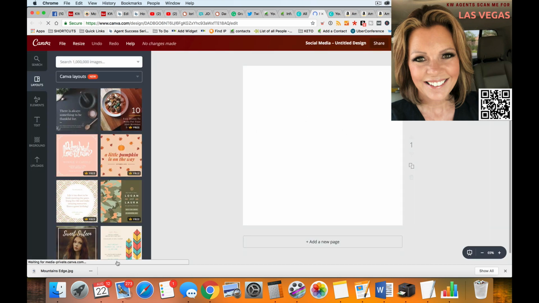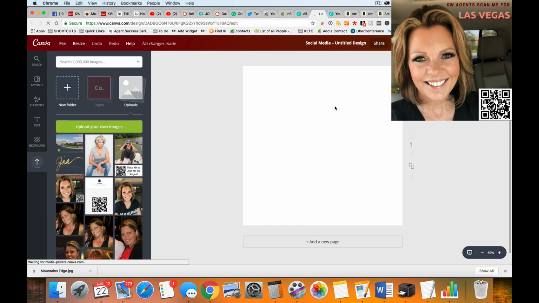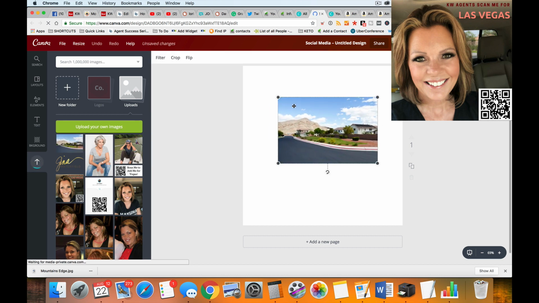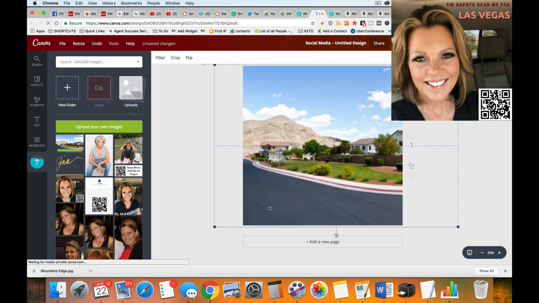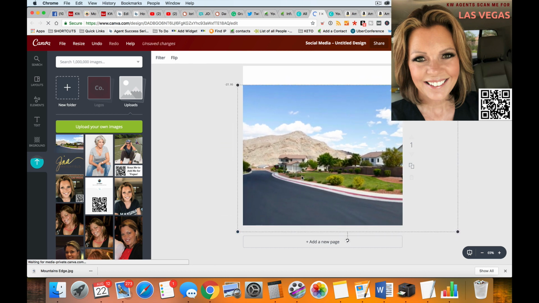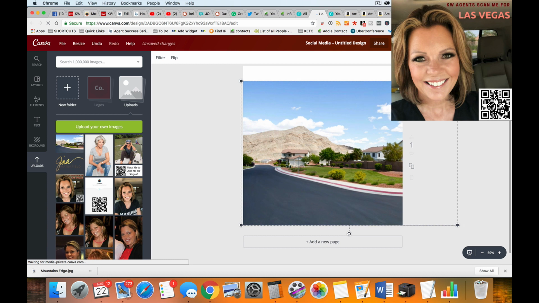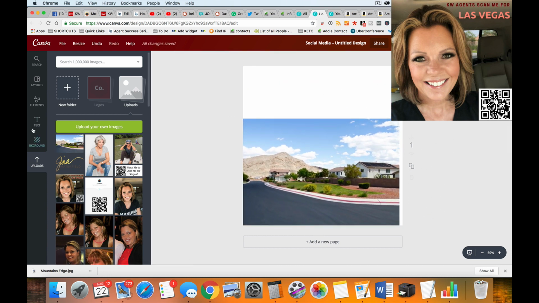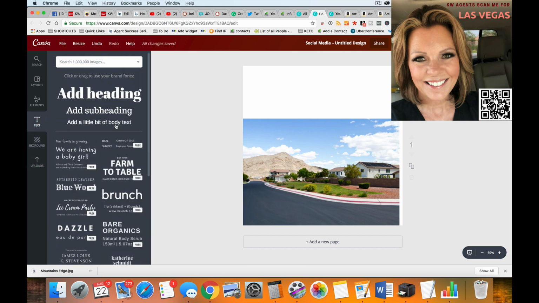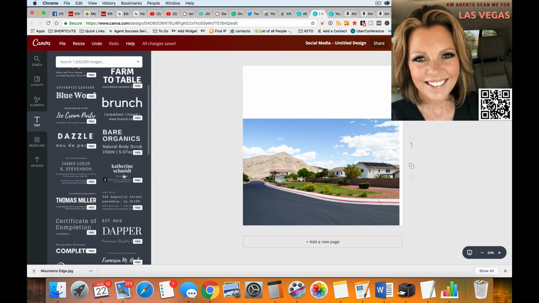All right, so I could pick something and I just drag my Mountain's Edge photo up here. I can put that in there and make it fit however I want it to fit. Okay, maybe I'll do that. So maybe I won't even use the full square. And then I could do something like pick a banner or just standard text, whatever you want to do here. I could do something like this, and I can say Mountain's Edge,